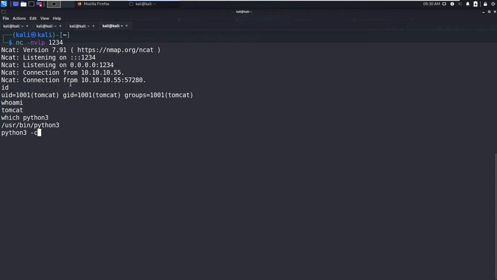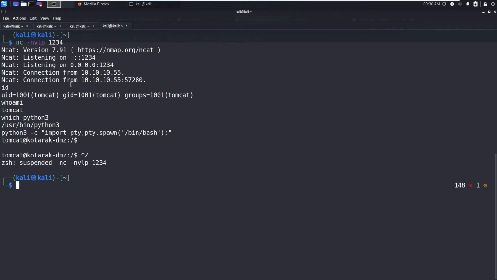There is Python 3, let's spawn a bash. Now background this process, and in ZSH you need to type these two commands in the same line. If you type only this command, this ZSH will freeze.